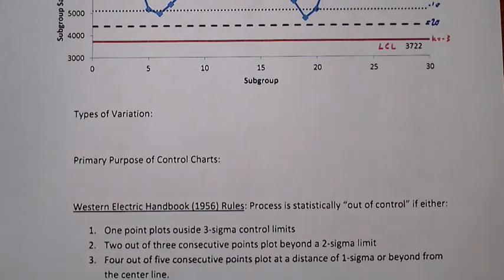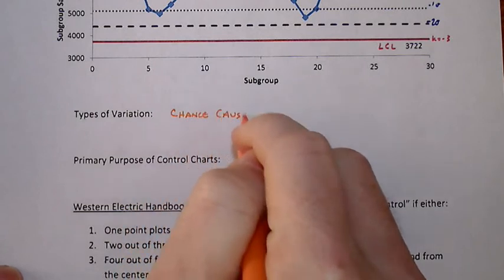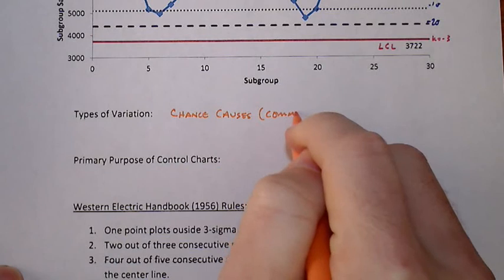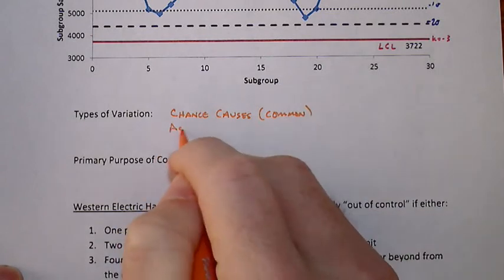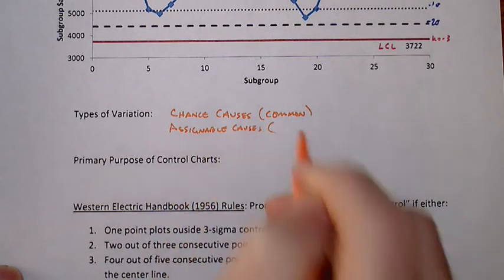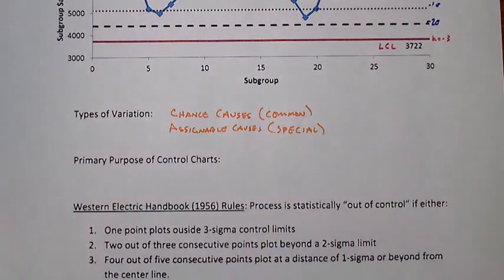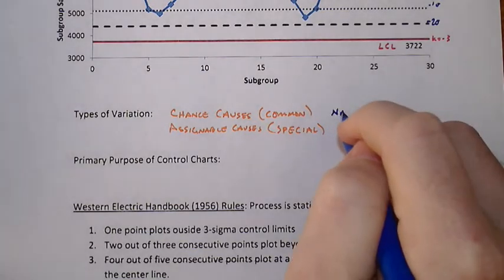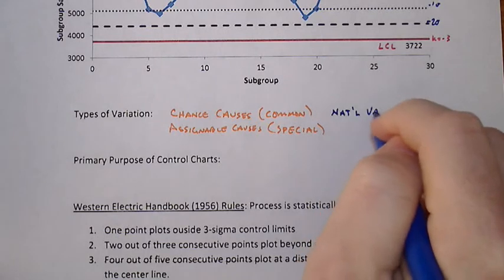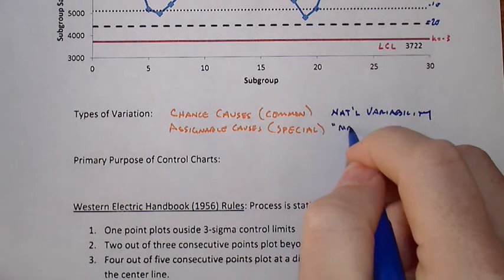We go back to this view of the world that we have two types of variation. We have chance causes, sometimes also called common causes, and we have assignable causes for our variation. Now, some people don't like the word assignable and find it more useful to call them special causes. Another way to think about this is that the chance causes you could think of as sort of naturally occurring variability, and assignable causes in a sense being man-made or man-caused